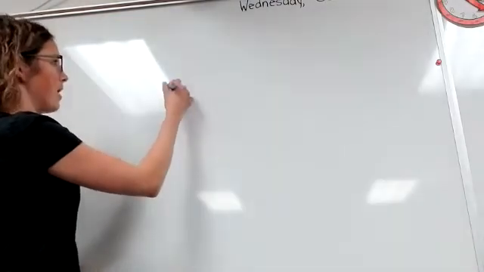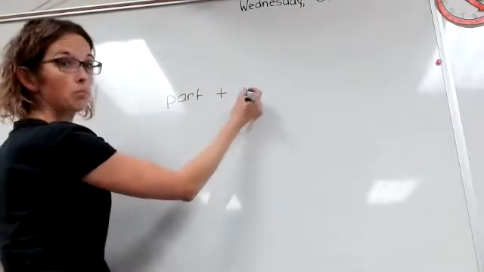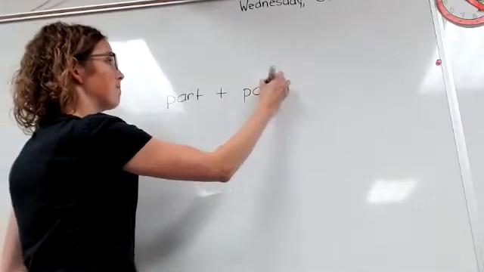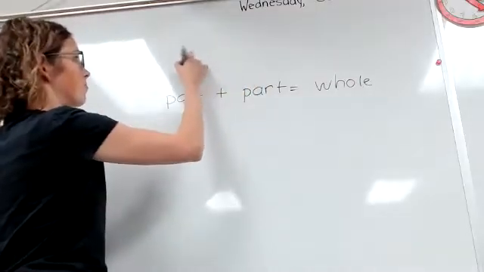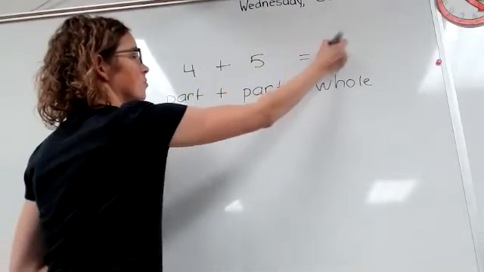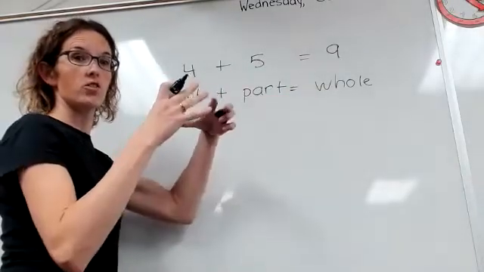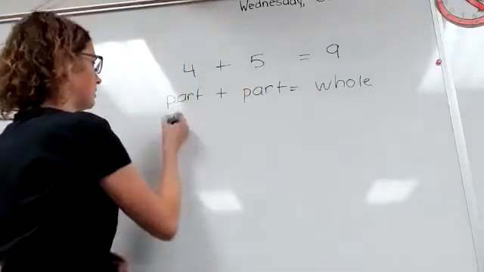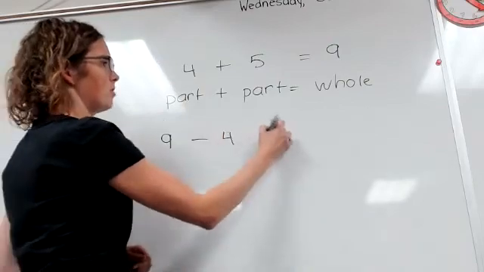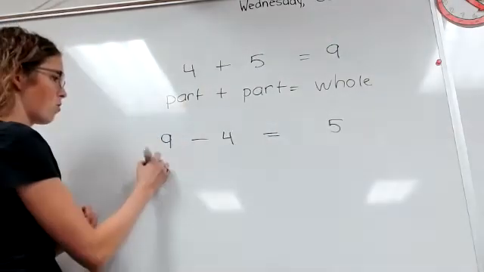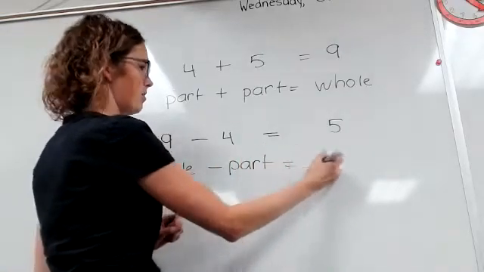So with addition, we had part plus part equals your whole total number. So 4 plus 5 equals the total 9. When we turn it into a subtraction, we start with the whole, the large number, the whole group. 9, we subtract one of the parts, 4 equals 5. So 9 we call the whole, we start with the whole, we subtract a part, and that equals the other